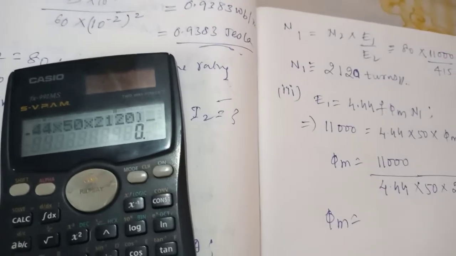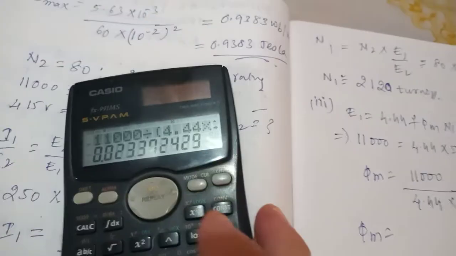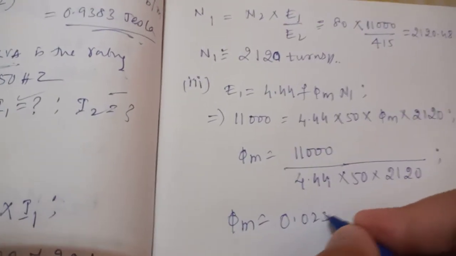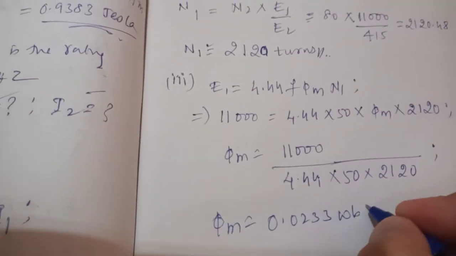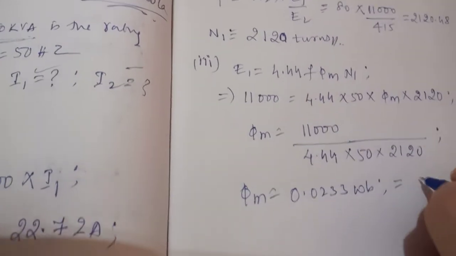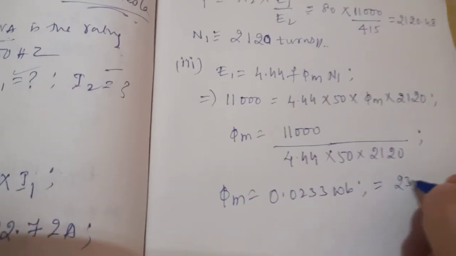It will come around 0.0233 Webers, that is equal to 23.3